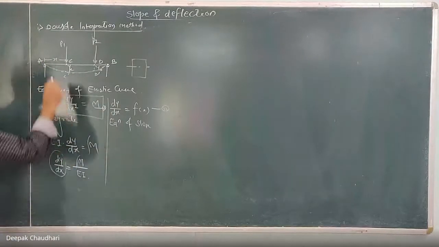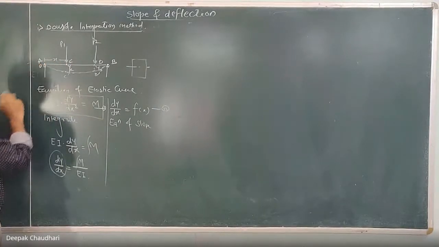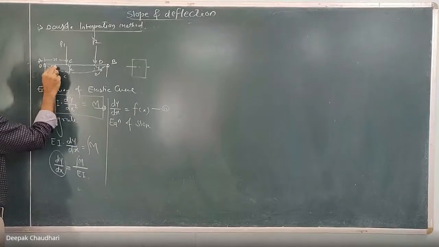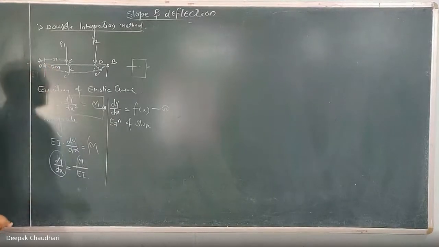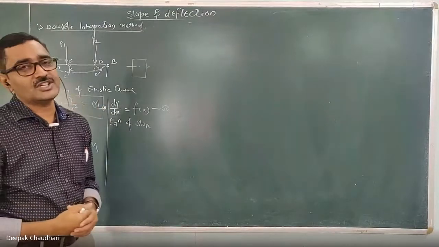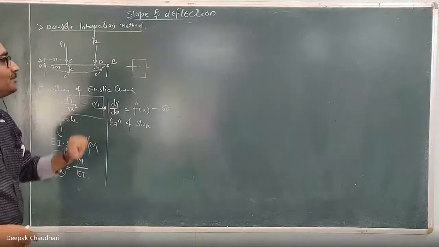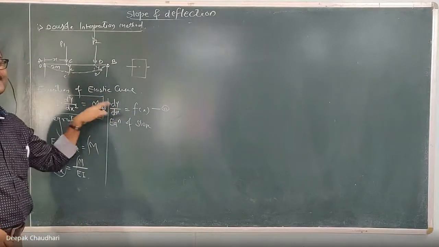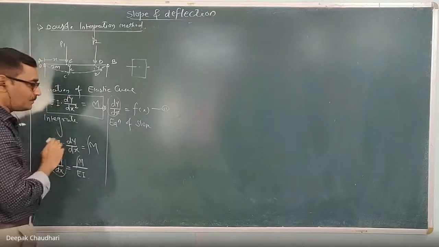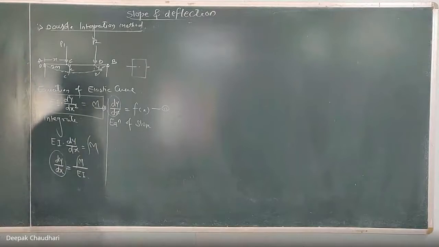If you want to find the slope at point C, and if you consider A, the left end, as the origin, and if this AC distance is 2 meter, that is x equal to 2 meter, if you substitute x equal to 2 meter here, you will get the deflection. Sorry, I made a mistake. If you substitute x equal to 2 meter in this equation, you will get the slope. This is the slope and not the deflection. So this equation is the equation of slope. You have to integrate the differential equation to get the equation of slope.